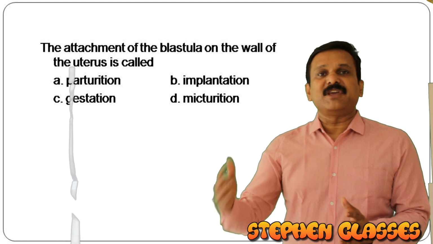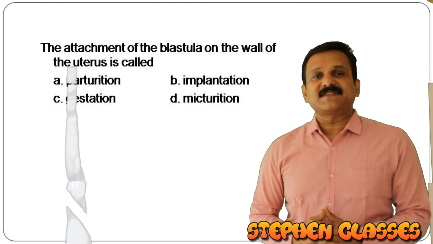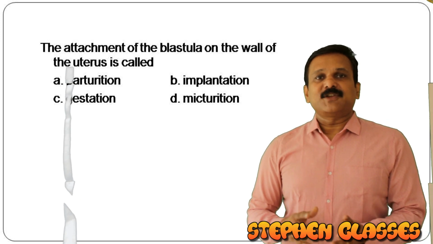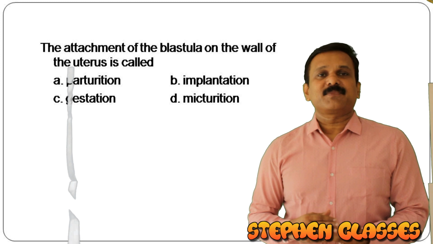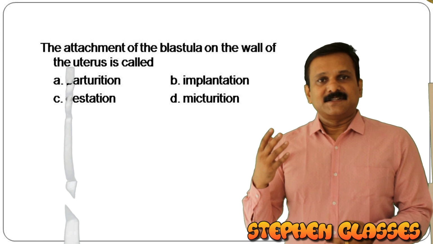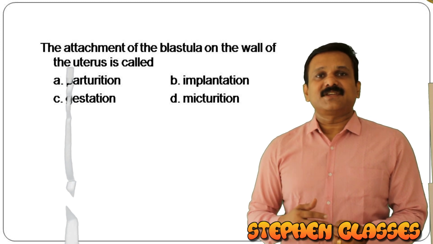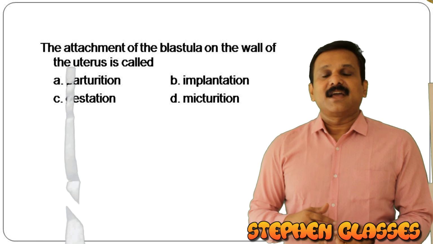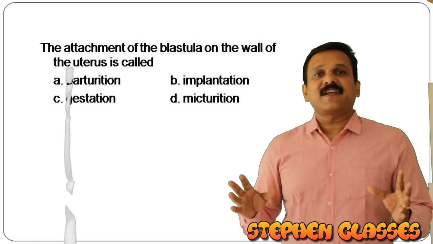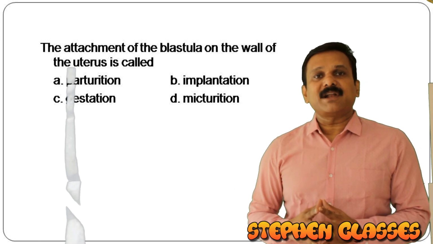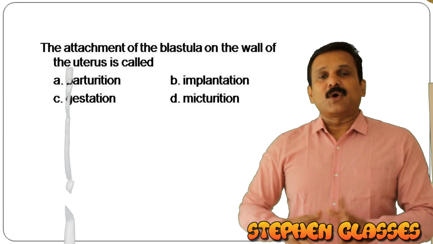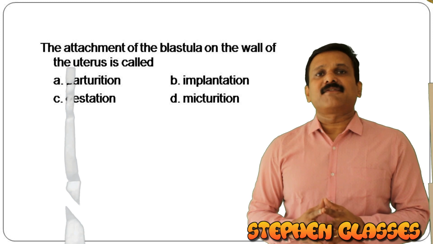You know, there are reproductive events. What are the different reproductive events you have to study? First one is gametogenesis, then there is insemination, then there is fertilization. After fertilization, before gestation, there is implantation, and then gestation, and finally parturition. So these are the different steps in the case of human reproduction. So you have to study it in a correct sequence, and also you have to identify the definitions of these